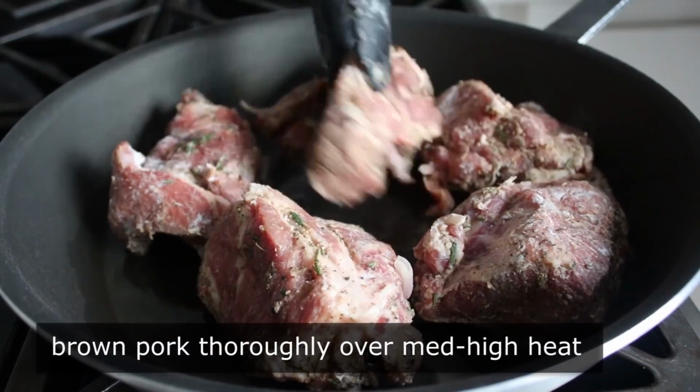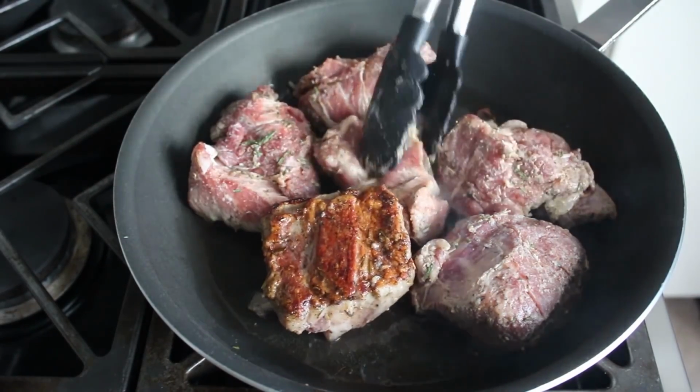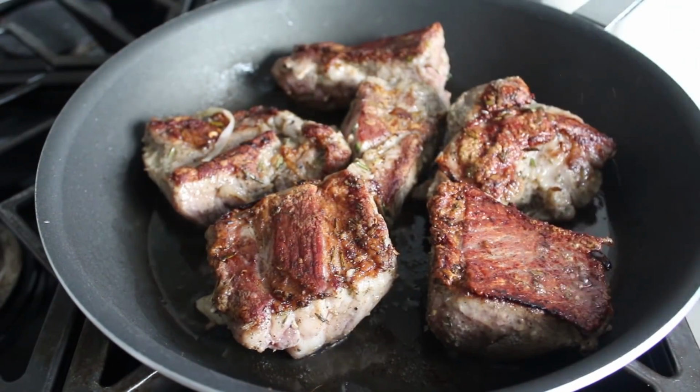All right, you don't need too much, because remember, fat's going to render out as you cook these. And I browned that very thoroughly on both sides. And I should mention I did that in 2 batches so as not to crowd the pan. And then besides browning up all our meat, the only other thing we're going to have to prep is our